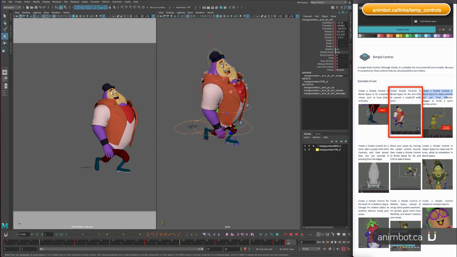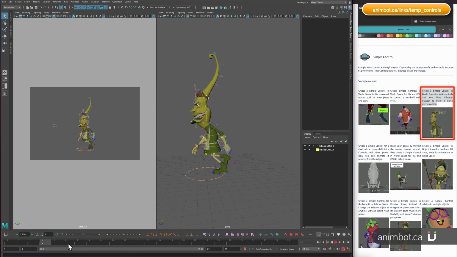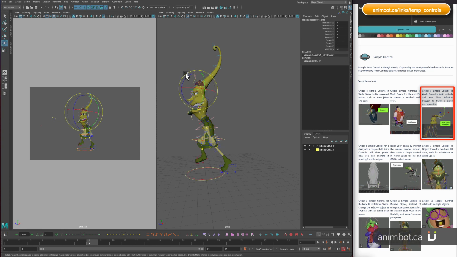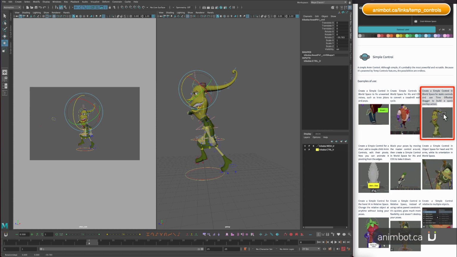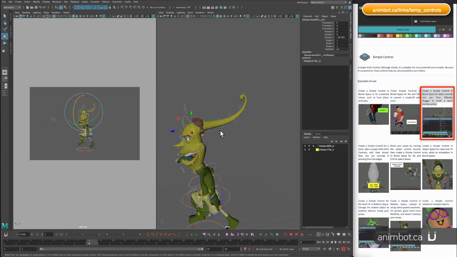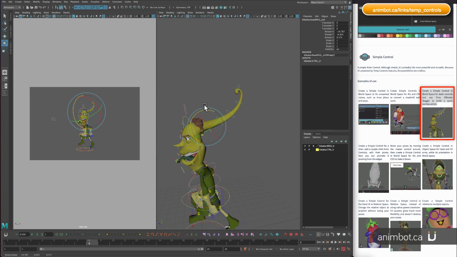So next one, create a simple control for static controls and use time offsetter. Yeah. So let's. Okay, so this one, I have a simple walk cycle. I'm going to just rotate these guys. It's gonna give a better view of what's going on. So this is a simple FK chain, and